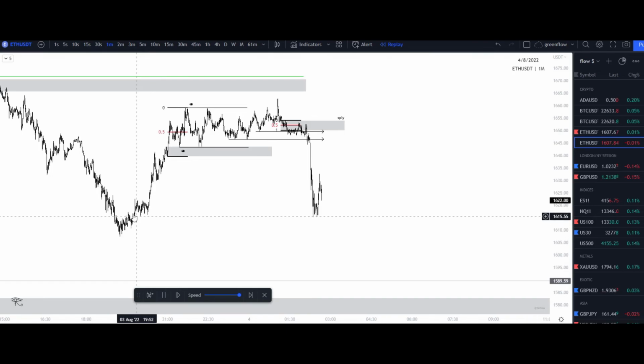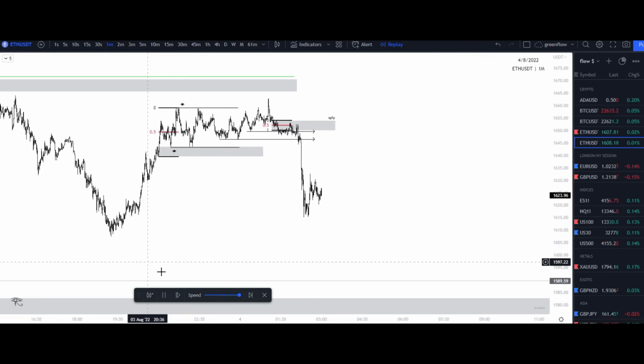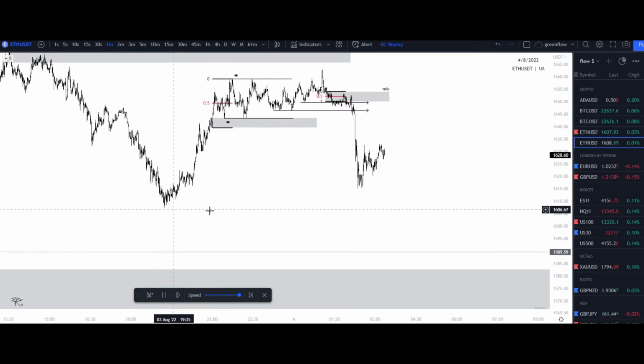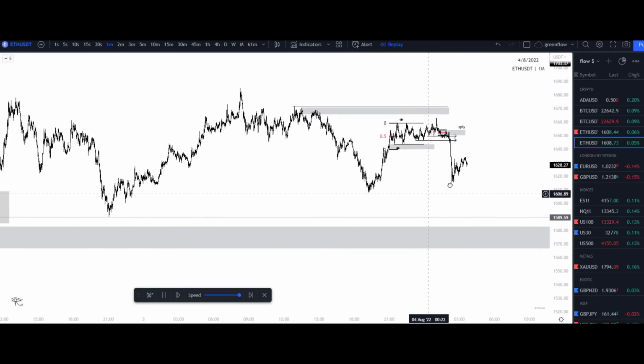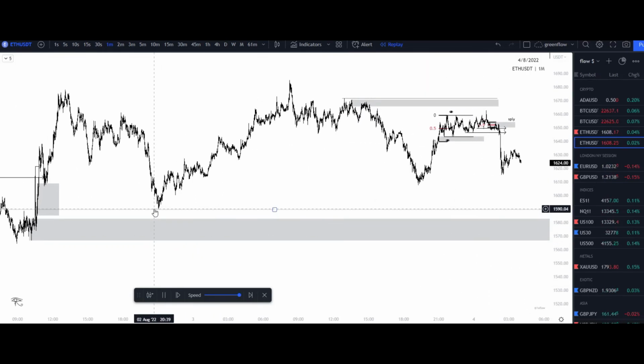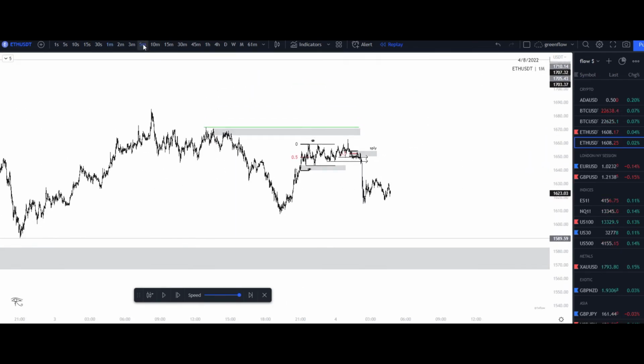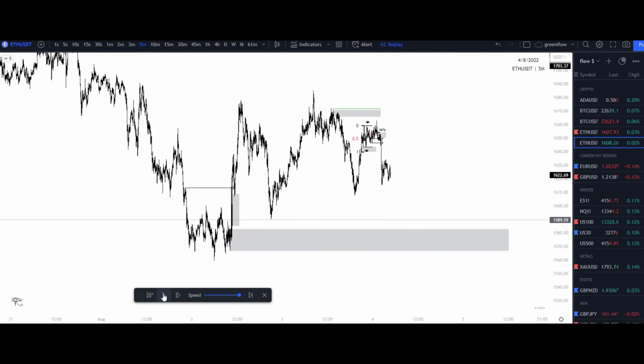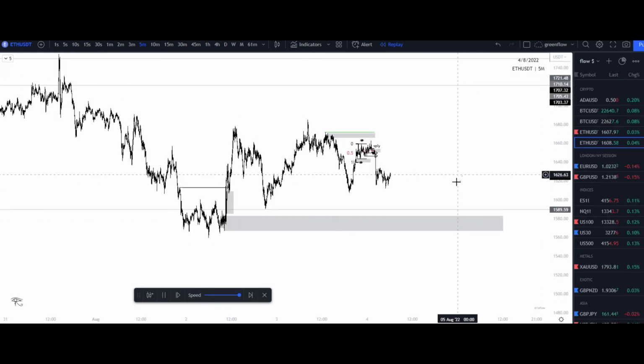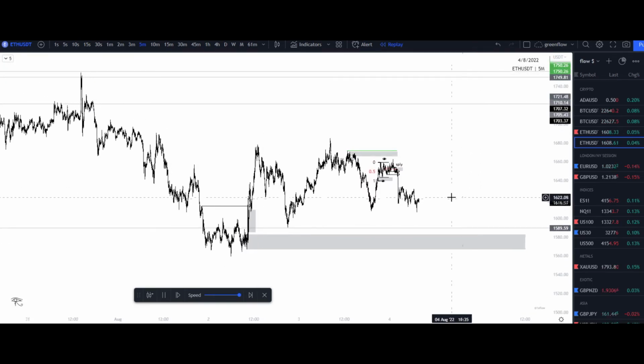It drops off. The first area would be your liquidity here. You could either target this liquidity here or the overall liquidity that we had presented down here, this demand zone that was presented as well. So let's go ahead and watch as it plays out. And then we'll go ahead and check BNB, and then we will wrap it up for the night.